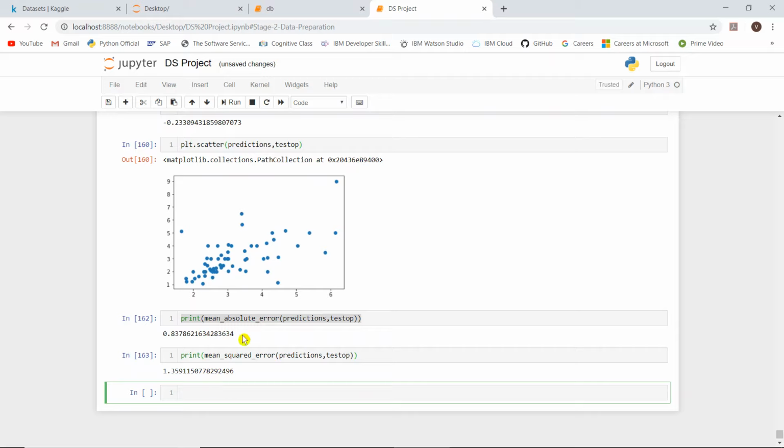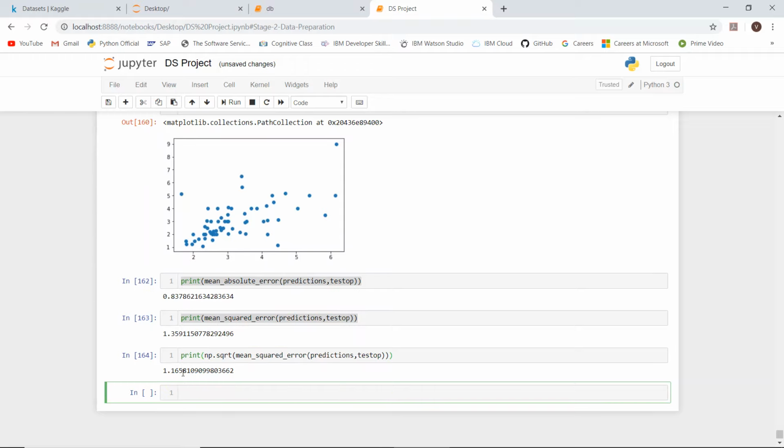So there is a difference between these two, I will explain it. Okay, so after that, these are different methods of evaluation technique, friends. So this is np dot sqrt because we need to take the square root. So this is 1.16. See, these are the mean absolute error, mean squared error, and the root mean squared